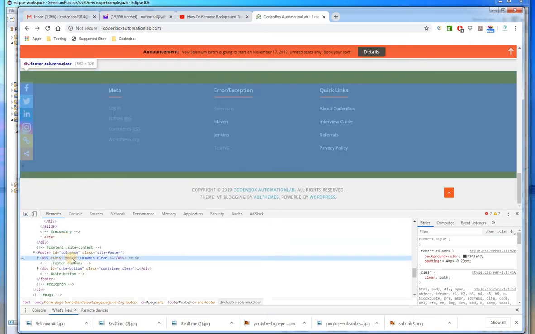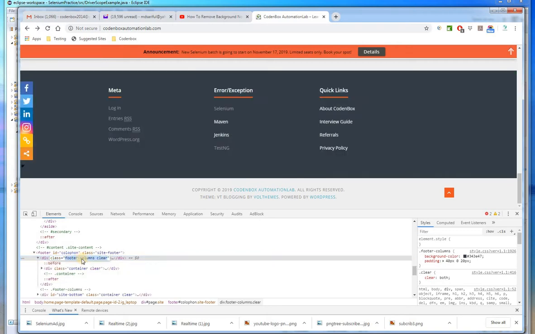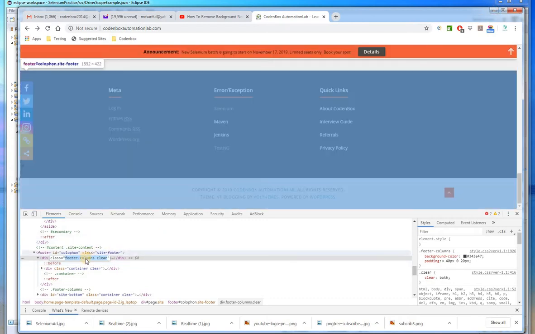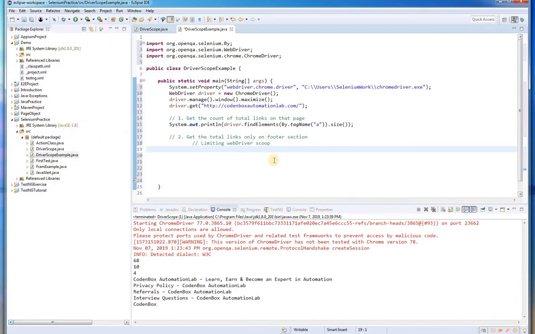Okay, this is the HTML code. It reflects that footer. So let's use the footer. So we have class, and this is the value of the class. So we can use this class attribute and value, and then use the div as our tag name. So let's create,